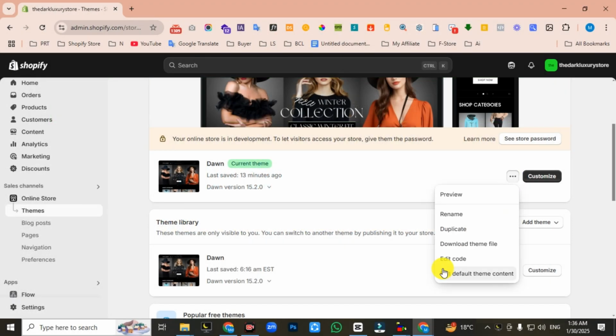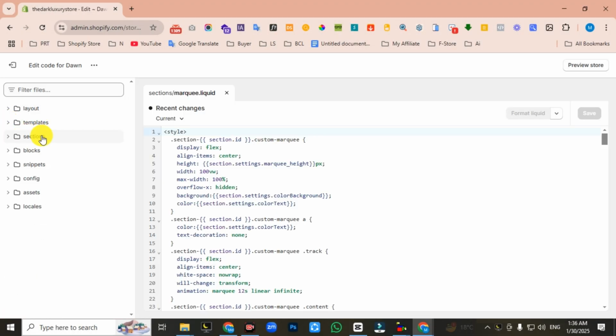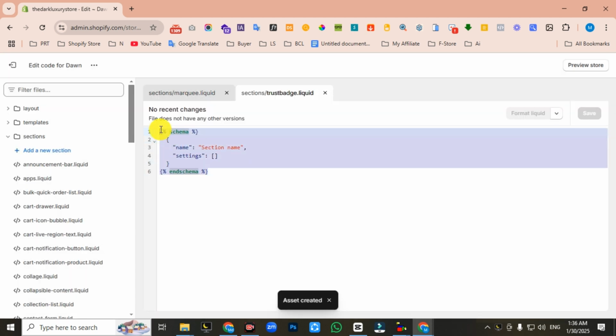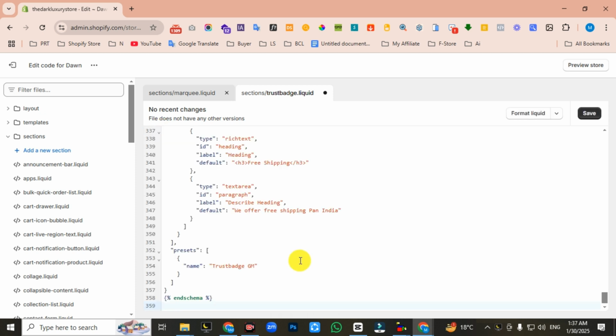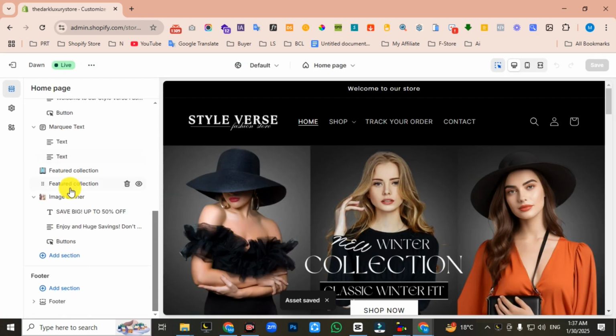Click on this 3-dot, then click on this edit code. First close this folder and section, then open this section, then add a new section, then type here trust base, then click on this done button, then delete this default code, then paste here this code, then click on this save button, then go back, then scroll down and click on this customize, then scroll down, then click on this